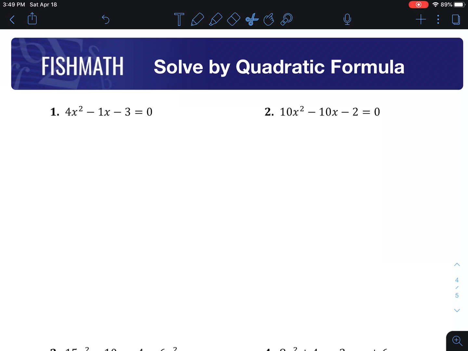Hi everyone. We're going to look at how to use the quadratic formula to solve these quadratic equations. Now the formula you can always use for any quadratic equation, it's just not always the fastest method. So if you're not sure what to do, you can always jump to this formula and use it to solve